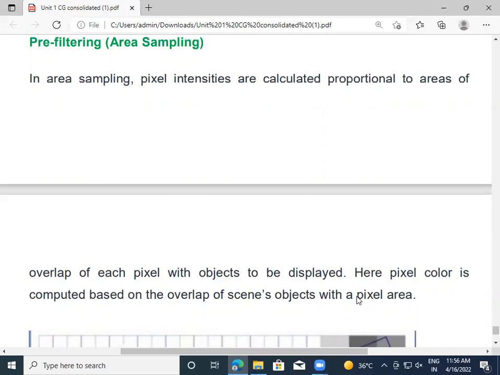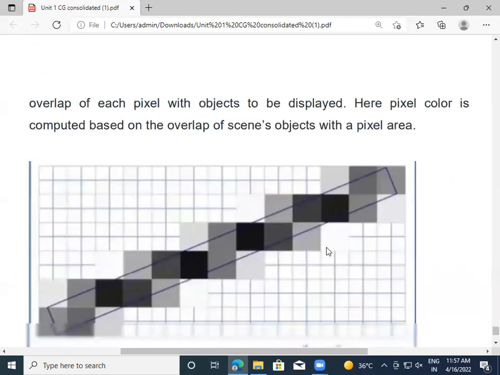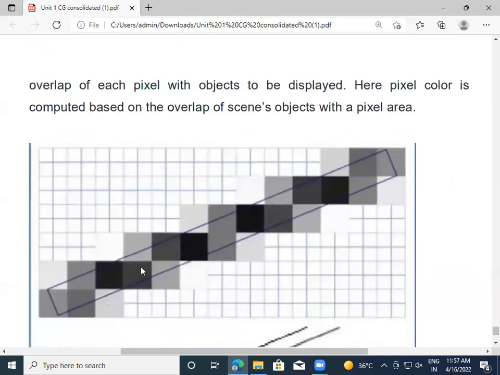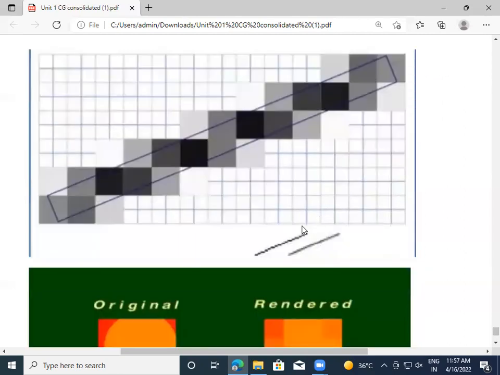Then automatically, if there is a gap between the pixels, it will look filled, and we can see a smooth curve or a smooth line. Here this is the boundary line, and this is actually the zoomed image. Whenever we use the same color for the boundary, automatically this line will look like a